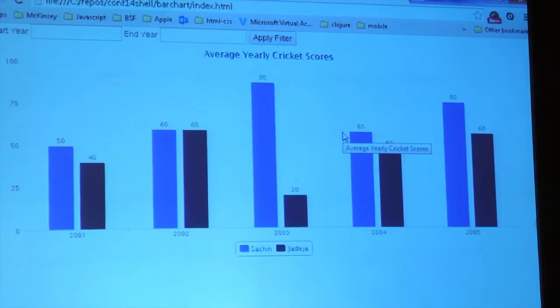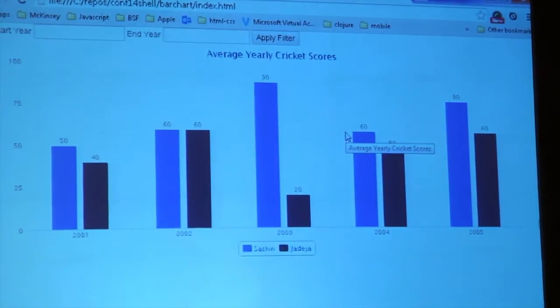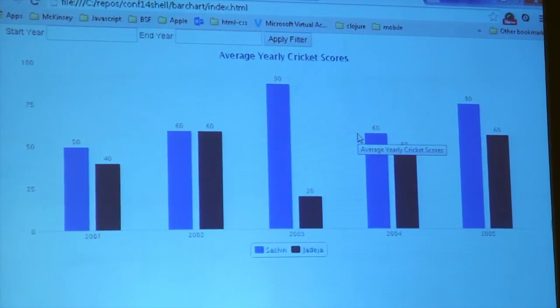I'm running some map functions, doing some transformations, grouping it by whichever players are there, filtering by the start date and end date, and I'm showing the graph, right? So every time you mention a start year and say apply filter, this applyFilters function will get called on the controller. The controller will run some transformations on the superset, do some filtering and grouping, and then assign it to the